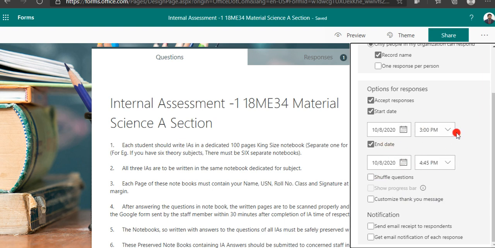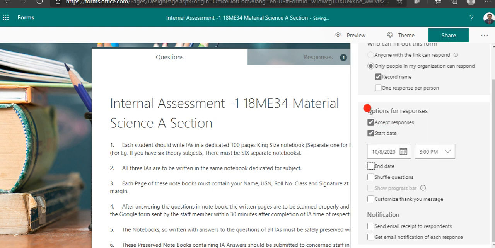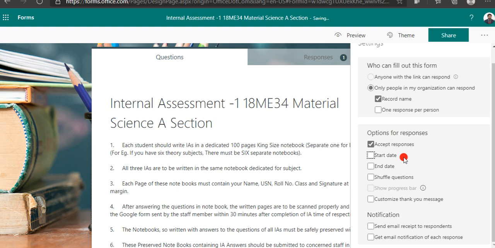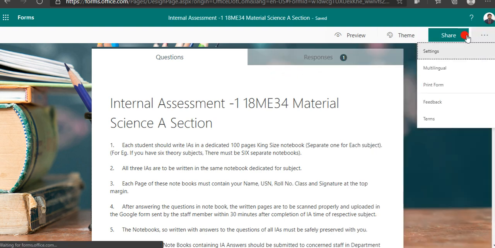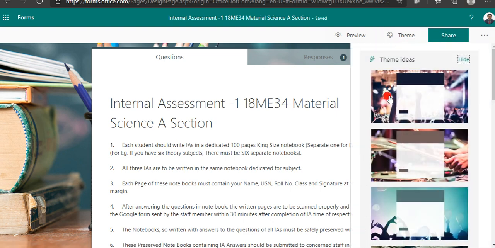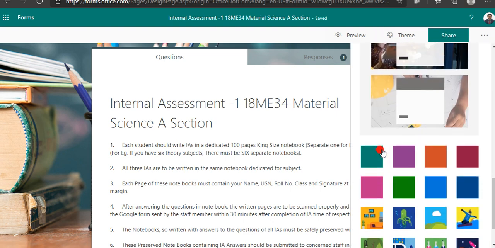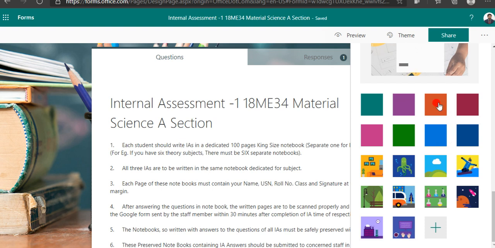If you want, you can come up with the start date and end date, or else you can unmark this option. Then, after you are done with the settings, you can change the themes using the available themes, or you can go with the plain themes here.